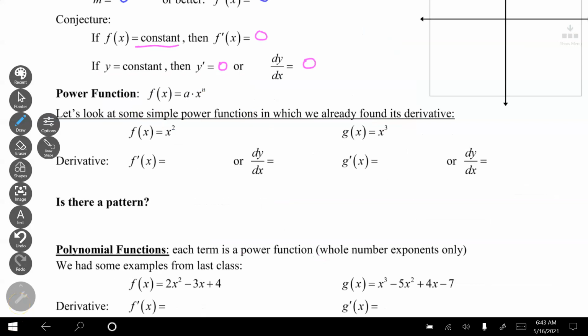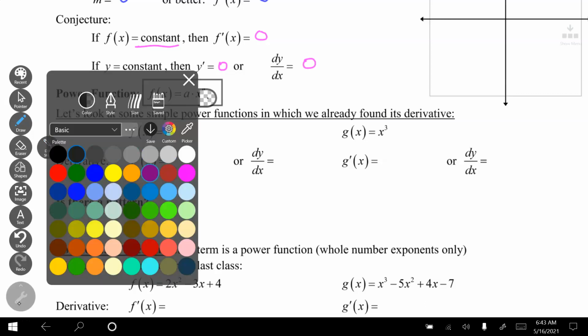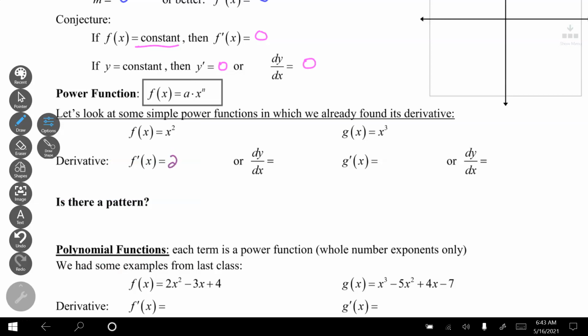Let's look at other functions that aren't really that complicated. So a basic power function. A basic power function is a times x raised to the n power. That is what a power function is. So we did a couple of these last class, and we said the derivative of x squared was 2x, or dy over dx was 2x. And we also did x cubed. We said the derivative of x cubed was 3x squared, or dy over dx is 3x squared. Okay, is there a pattern to all this? Absolutely, there's a pattern to this. If you really pay attention,